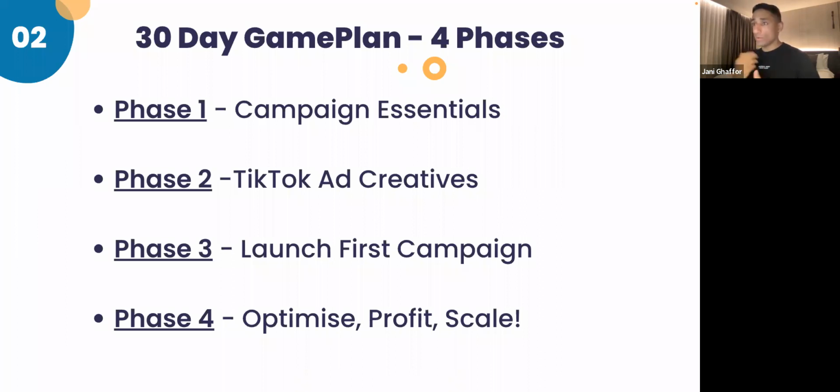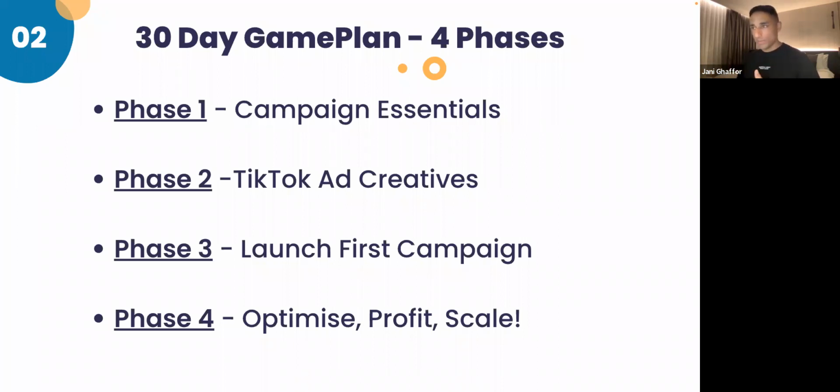So phase 3, launch, week 3, let's launch our first campaign. So we launch the campaign, get initial data, get some ads profitable. And the reason I say some ads is because the realistic truth is that if you launch 5 ads, not all ads are always going to be profitable. It's known as testing. Okay, we have a testing process, but the idea is to do something called rapid testing,